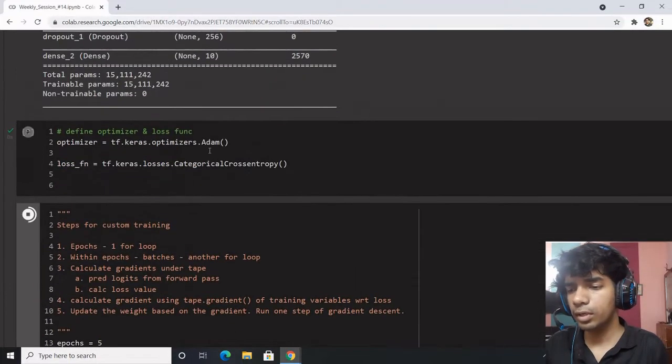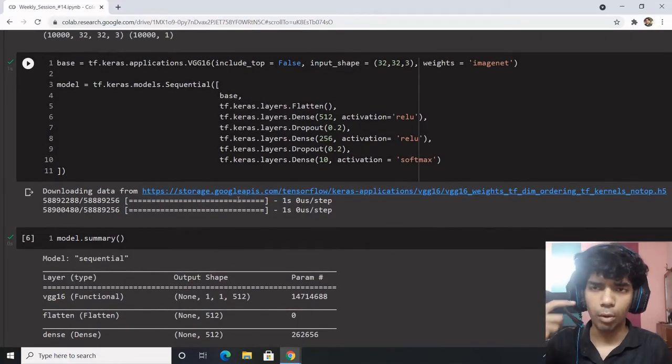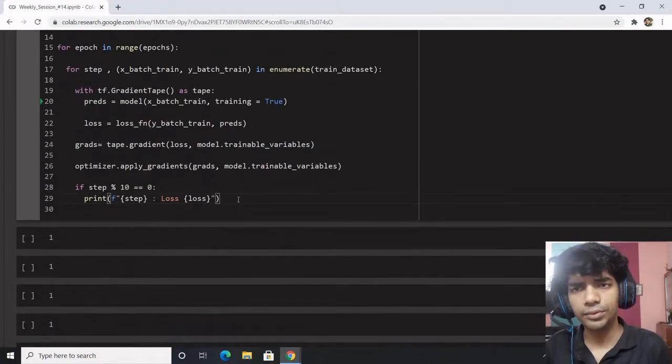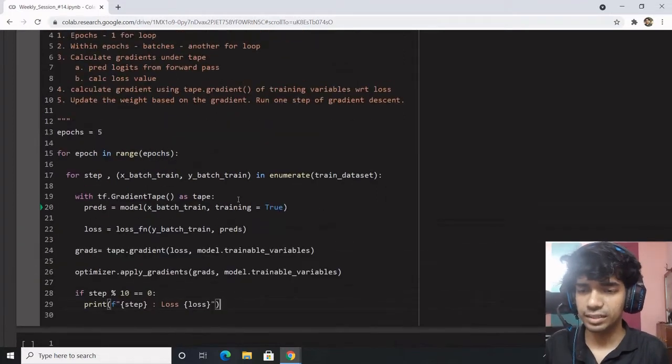So there's no need to do model compile, those kind of things. You're simply in entire control. Model compile is not there in PyTorch, neither is model fit. So you shouldn't expect this to be here. You're actually controlling the entire flow of how the things would happen. And that's the beauty of it.